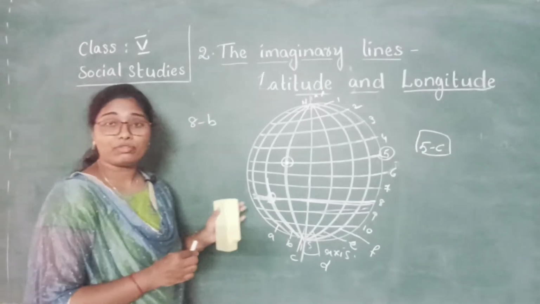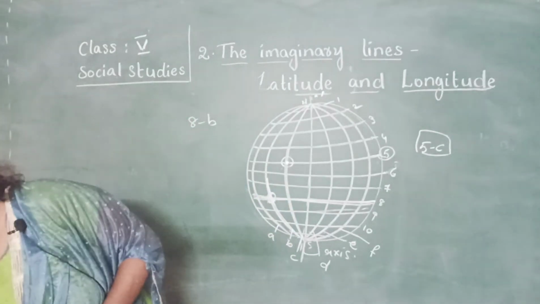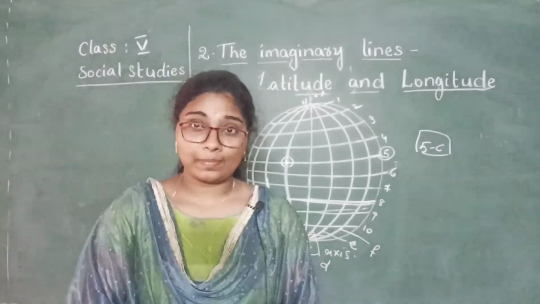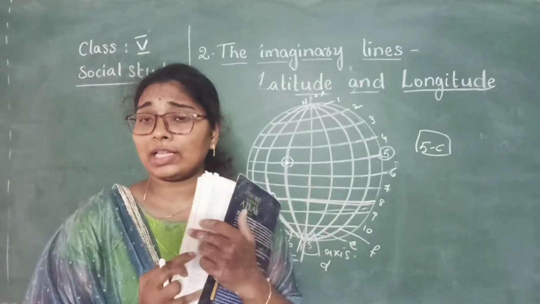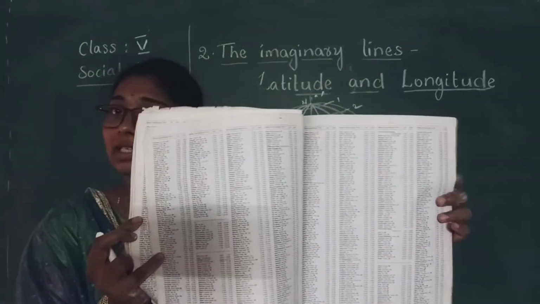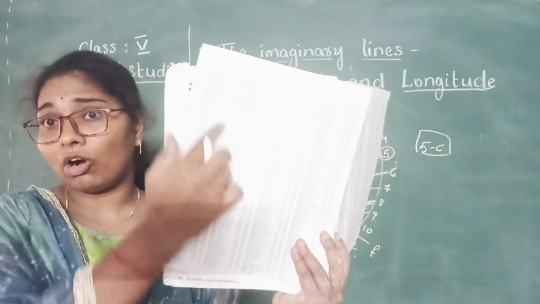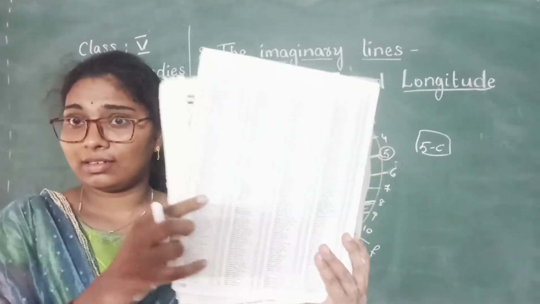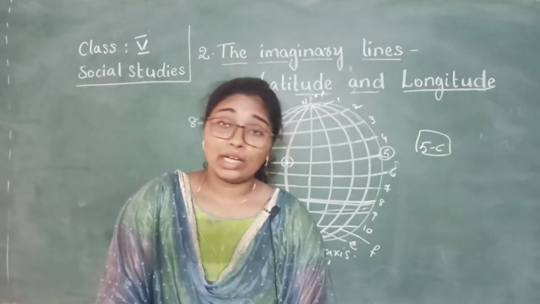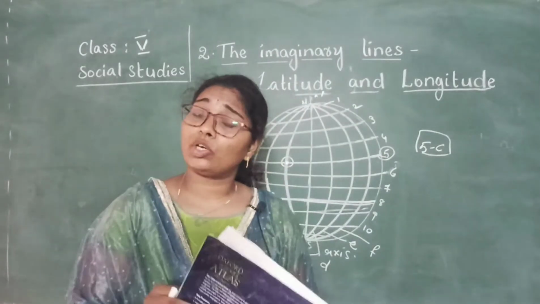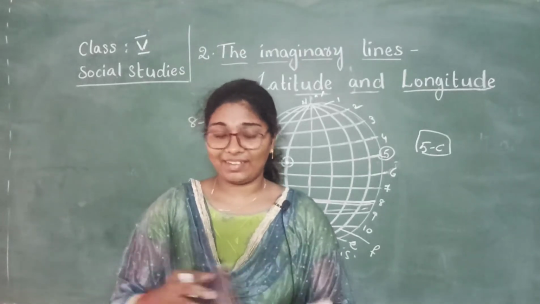Right, so this is how you have to read latitudes and longitudes in an atlas. Now I will show this in an atlas. See, we have discussed that on the back of the atlas, you will have all the names of places written in alphabetical order with all the numbers on the side. See, like this. So today you have to sit with your cousin or with your brother or sister and open the atlas and you have to play a game, right?